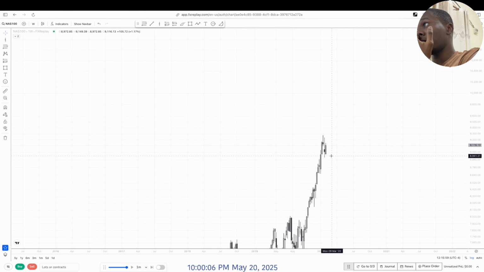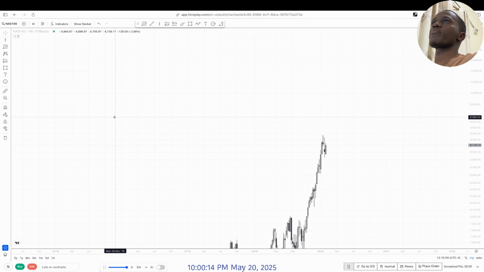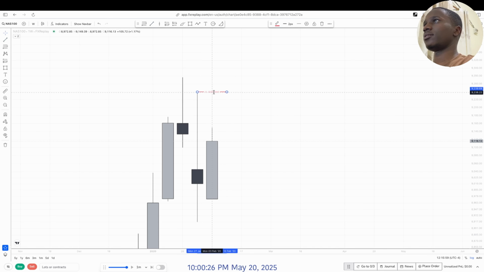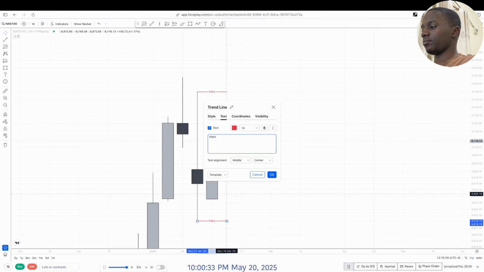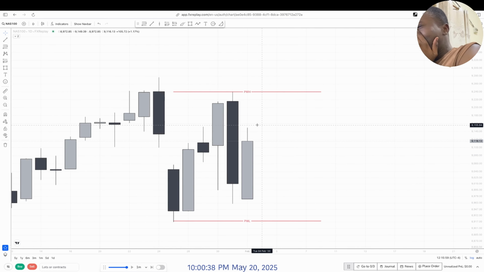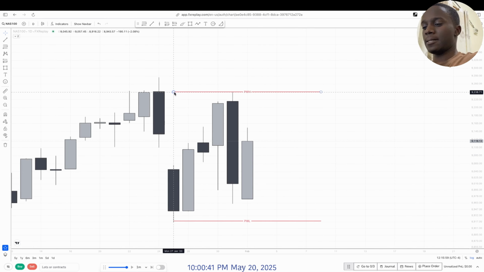You can see that we are currently in this. We haven't passed last week's low and high. It means we can have our first liquidity levels marked. Yeah, so we have this previous weekly high, and we've also got our previous weekly low right here. Can adjust it a bit,